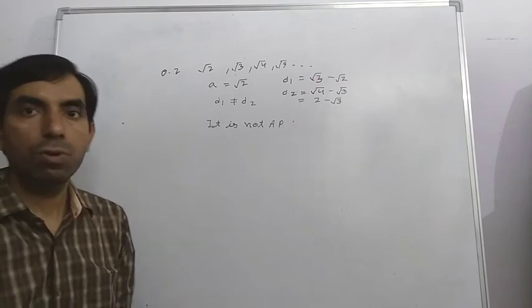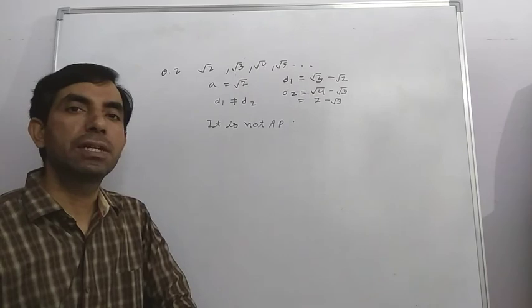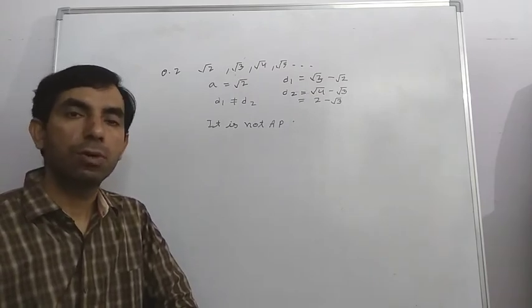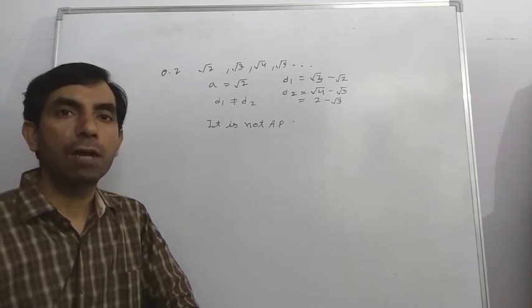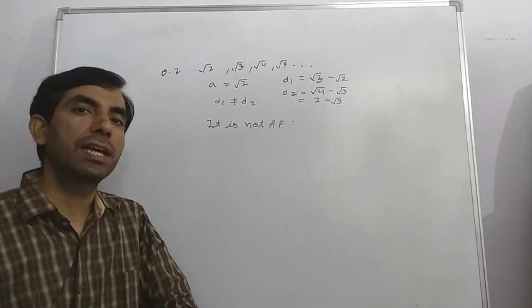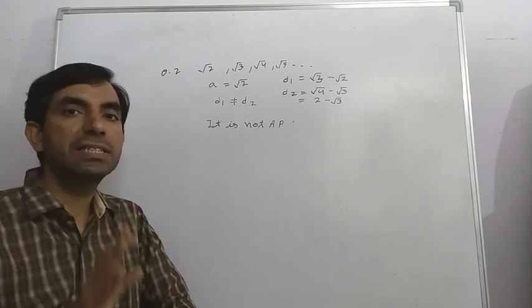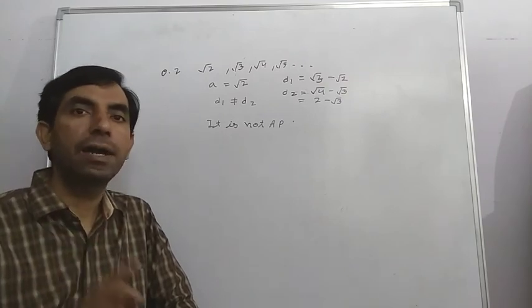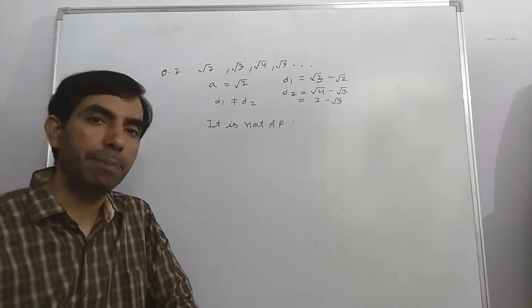So thank you for watching this video. Today we learned the basic concept of the AP series and the basic things of an AP series. In the next video we will learn the formula of the AP series and how we can use it. Today we learned that an AP series has four things: first A, second D, third n terms and An. These four things are the basic points of an AP series.